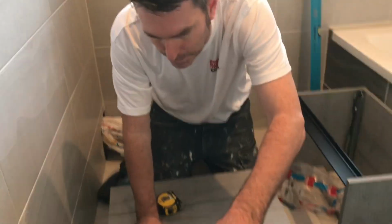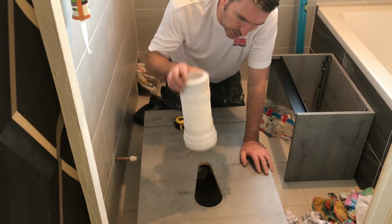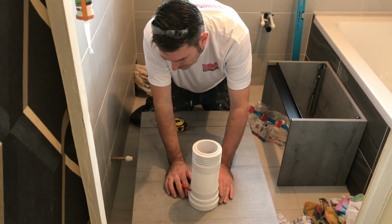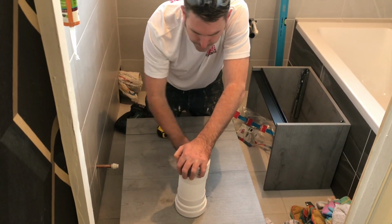These units come out, and they are nicely cut. But you try putting that on the toilet, pushing it back, it won't go back. So before you put it in and start messing about with it, put it on, draw your line around it, cut a 10mm bigger hole,